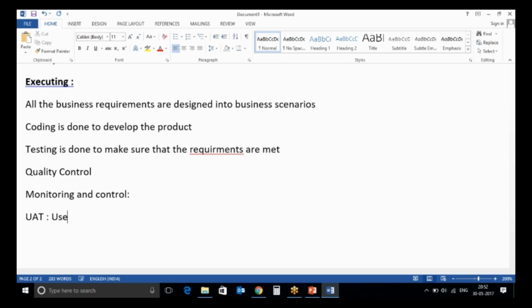UAT is nothing but user acceptance testing, wherein the business users who initially gave the requirements come in and do the testing to make sure that the requirements they gave in the initiation phase have been met by the product or not. So user acceptance testing happens in the monitoring and control phase, and also quality assurance